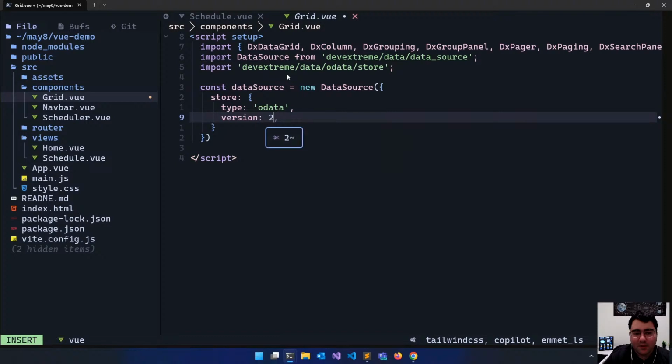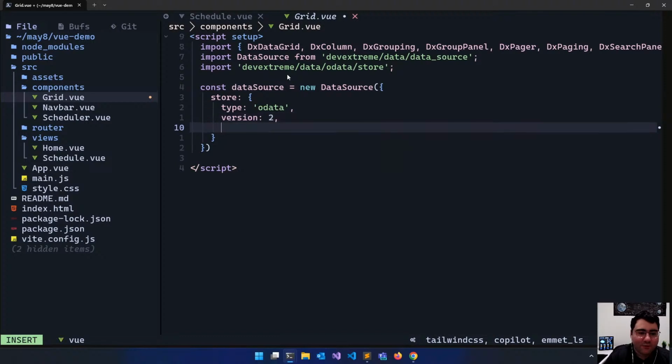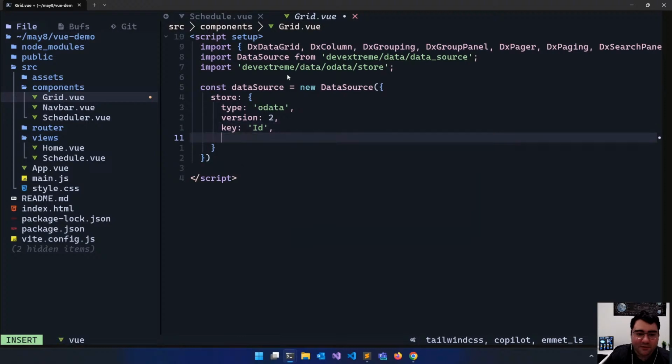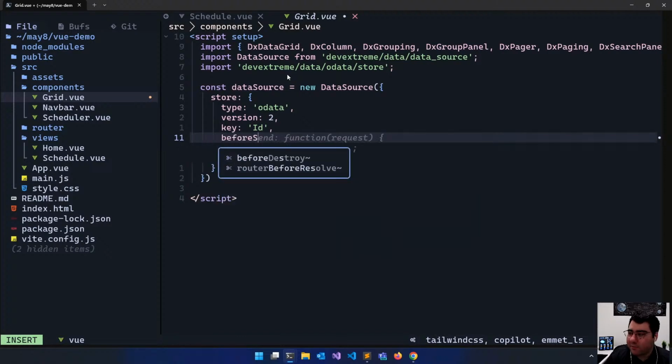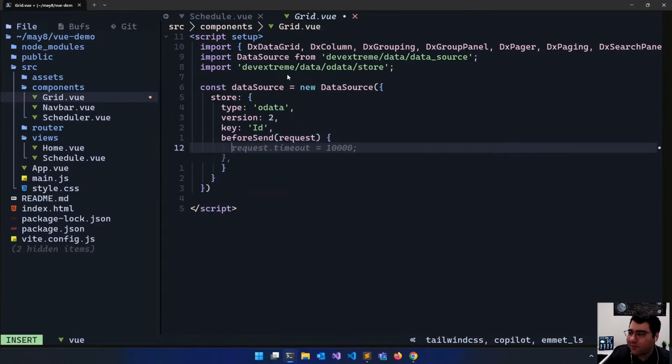So you're just creating this new data source. The data source is just going to be the data source for our grid, and the key is going to be ID, just like this, version 2 of the OData store. I'm going to say beforeSend request. So this is before the request gets sent. Const year is